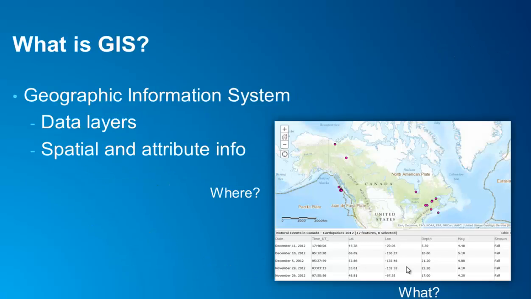GIS stands for Geographic Information System. With a GIS, you can see your data in the form of layers. Each layer contains spatial and attribute information. For example, you can see the location of an earthquake displayed as a point on a map, and in a table connected to that point, there will be attribute information about that earthquake, such as magnitude, depth, date, and time